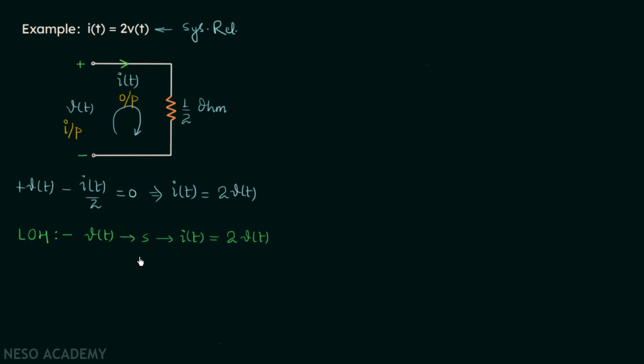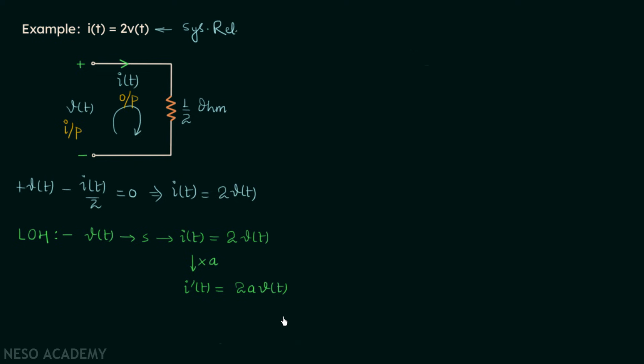So our system has the functionality to scale the amplitude of the input by 2. Now we will pass the output IT to another system which will multiply the amplitude by A. In this way we will have a new output I prime t, and it will be equal to 2A